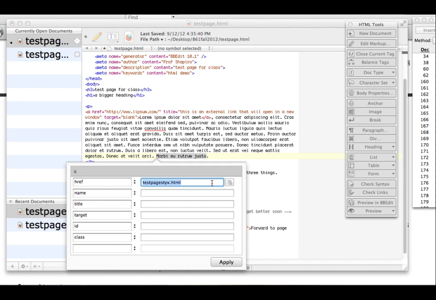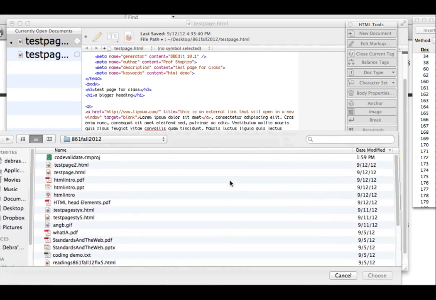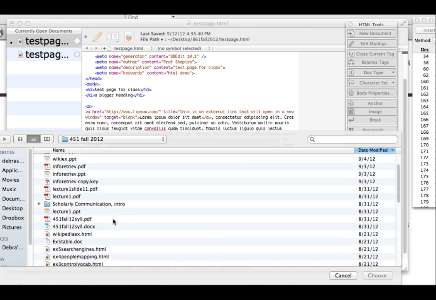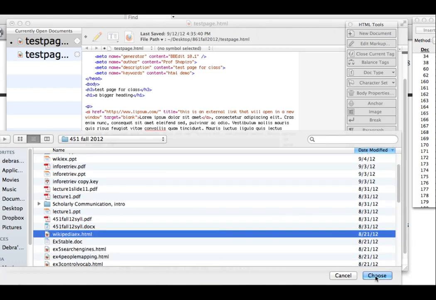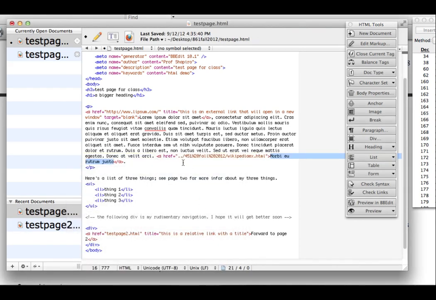And actually what I would like to do here is this page is in the same directory where our test page is. But say I wanted to put a link to a page in another directory. So let's browse around on my messy computer and go to another class and look for an HTML page in another directory and say choose. And then you can see that BBedit starts putting in ../ and that's going to take the user out of the LIS 861 directory and over to the LIS 451 directory. But we're going to undo that,